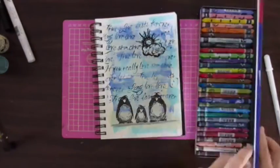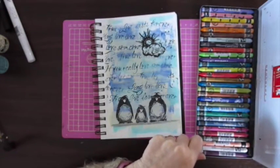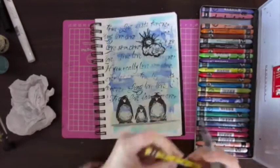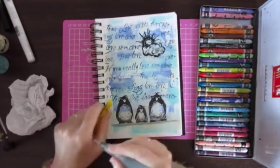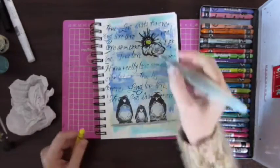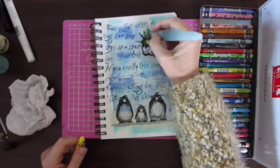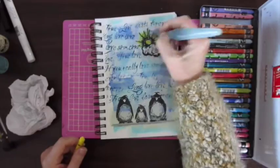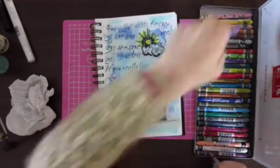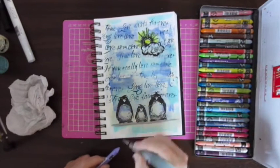Changed my mind and went for some Caran d'Ache Neo colours, and I'm just going to use the yellow, I believe. There we go, just putting some yellow on the sun. It won't show up very brightly, but it's just enough to tint it off the page a little bit. Because it's all about bringing what you put onto the page either forward or making it fall back